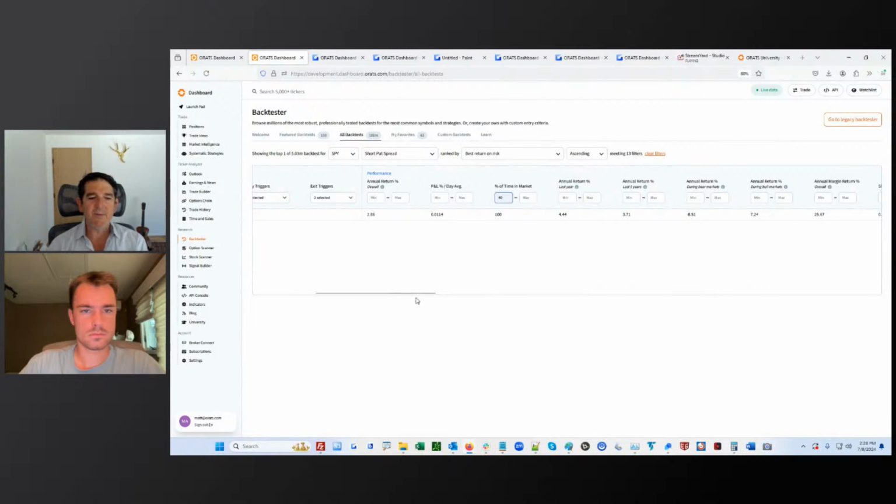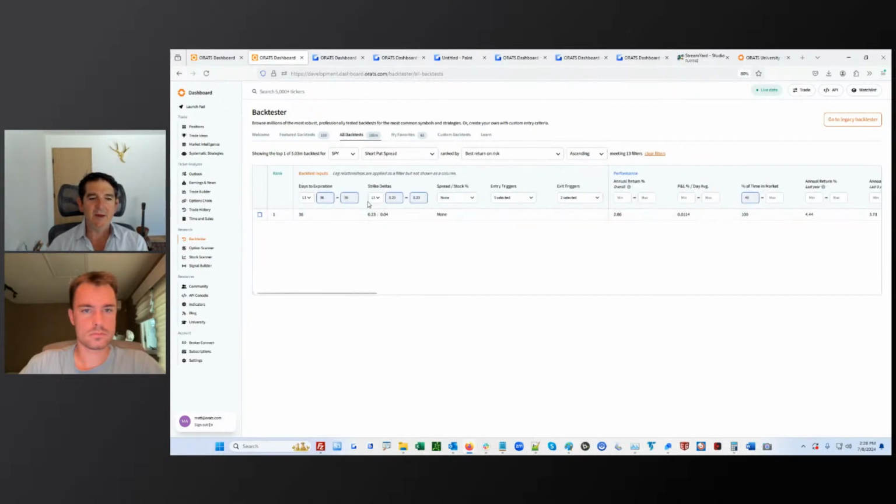Okay, so when you find similar backtests, you're not going to find any because it's so constrained that you're only going to find these. So maybe what we'll do is spread out the 36 to 20 to 50, and then instead of 23, we'll go from 15 to